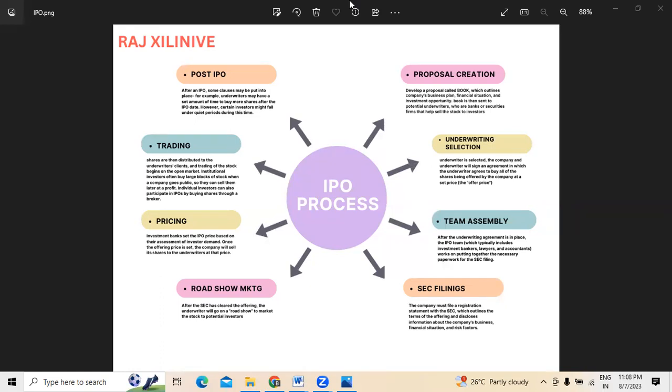So for that, what is required? Marketing is needed, because they have to promote their organization: which organization they belong to, what their credentials are, what their success stories are, and when they are going for